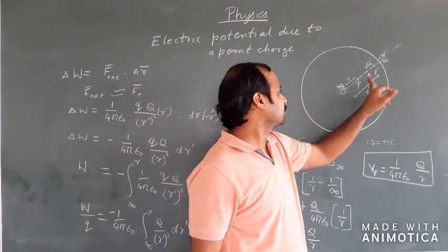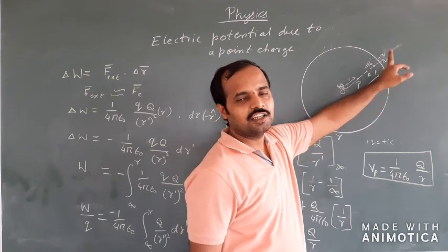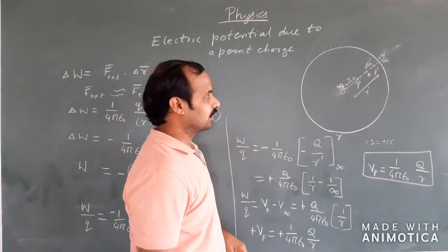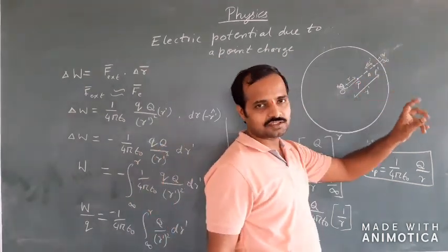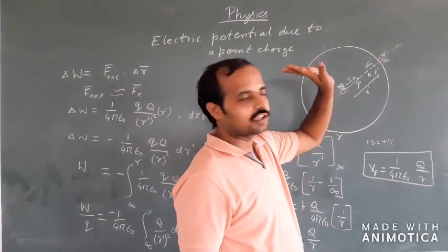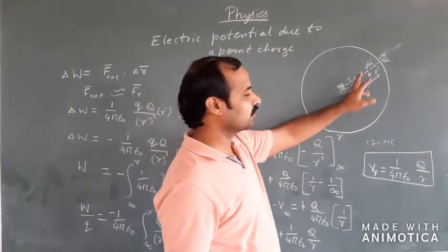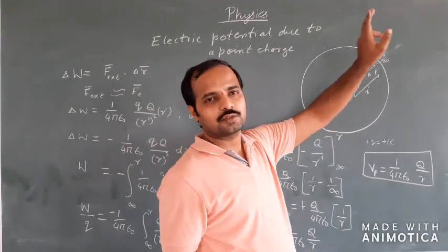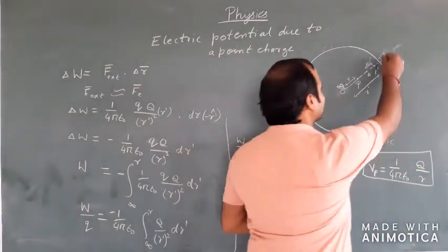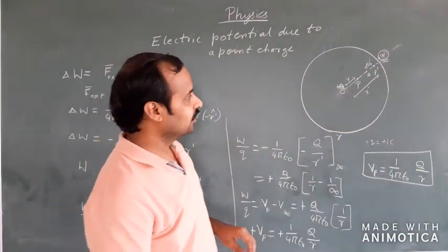So, to move this positive Q charge from infinity to point P, we need to do some external work. That external work is done by the external force which we are applying opposite to the direction of the electric field, and hence obviously this particular force has to be equal to the electrostatic force of repulsion that this unit positive test charge is going to experience.